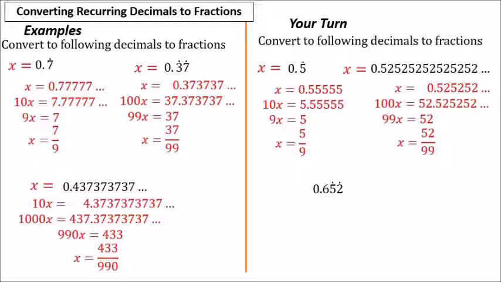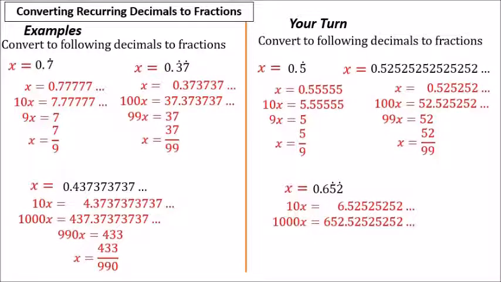For 0.652 recurring, where the 5 and the 2 are repeating, we have x is equal to 0.652525252. Because we want the non-recurring part on the left-hand side, if we multiply that by 10, we get 6.525252, or 6.52 recurring. We have two digits repeating over and over again, so if we multiply that by 100 to move all of our digits two place values to the left, 1000x is